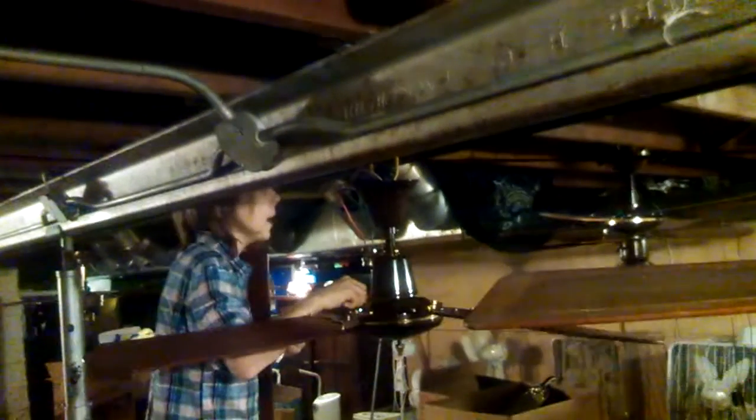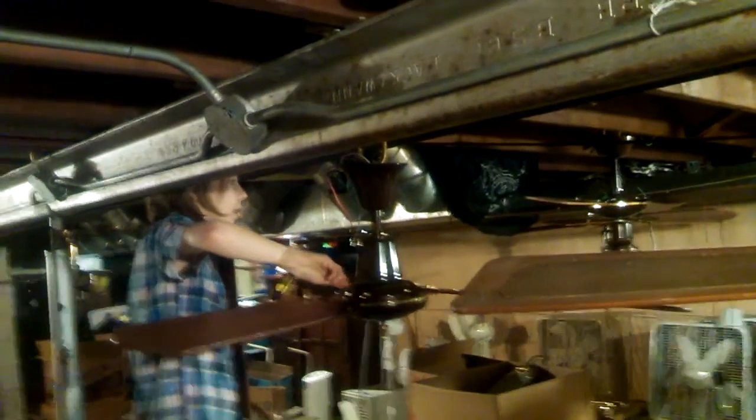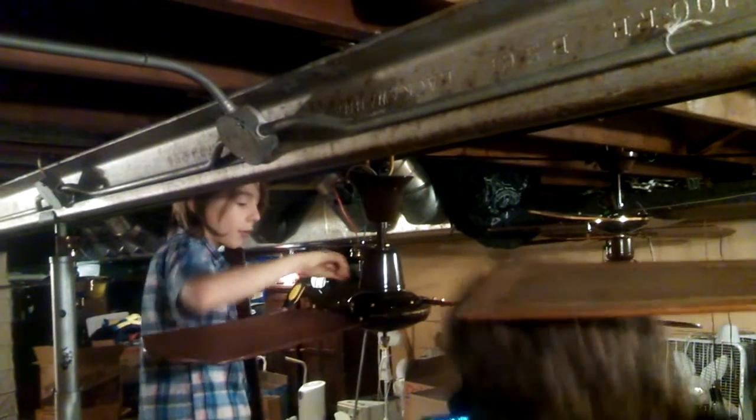This is made by View Fan. Same company who made that little spinner right there. That one right there. That's the worst of the View Fans. Sure enough. Cute little thing, though. Metal canopies both, so that's...